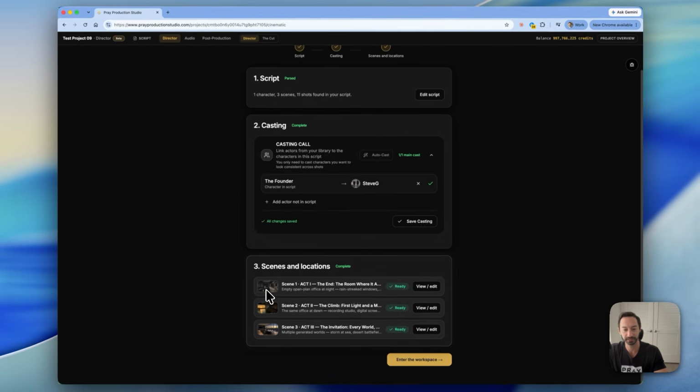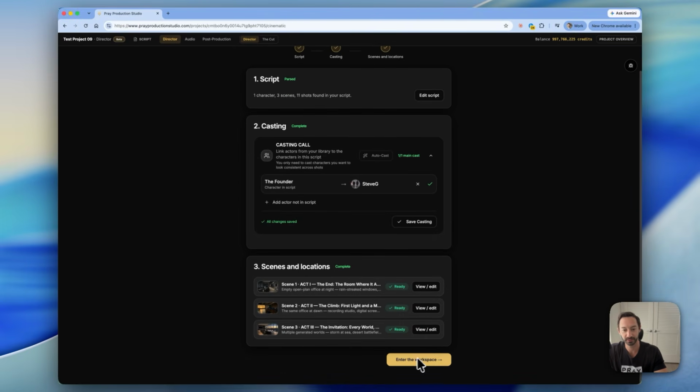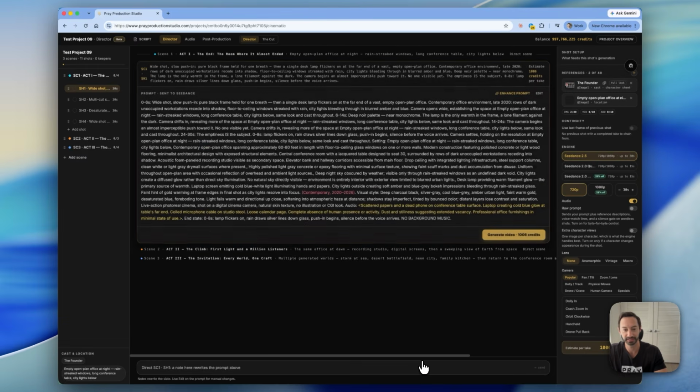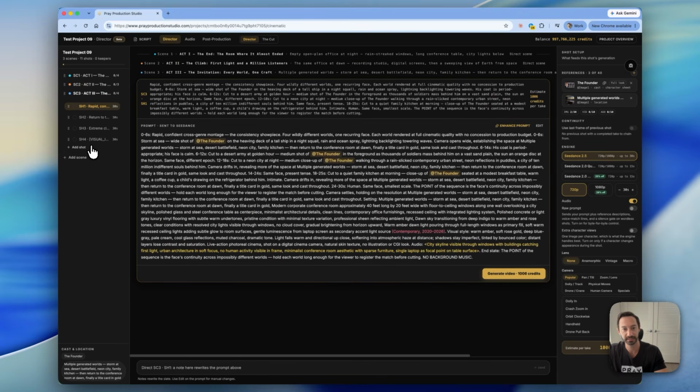We've generated some images for those locations. Now we're ready to enter the workspace. So let's check it out. This is what it looks like. You can have your scenes, your shots right here on the left, and then you can generate each shot one by one here. Now, what I'm going to do is go to the very end and